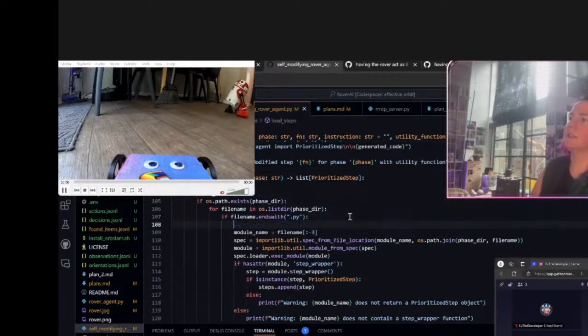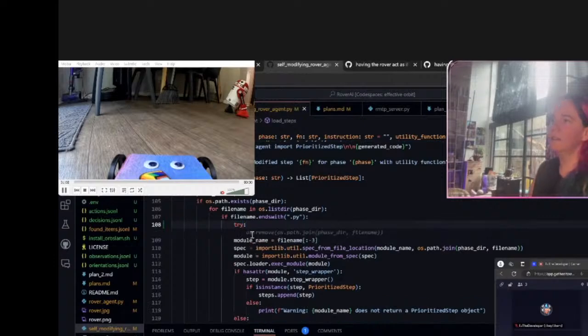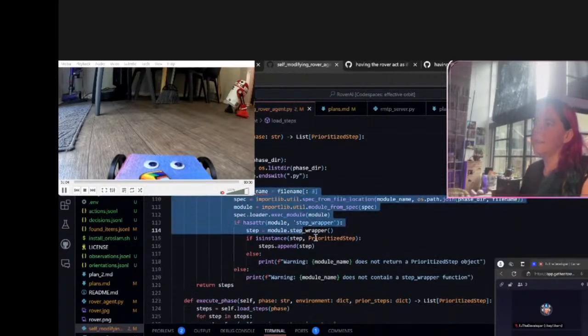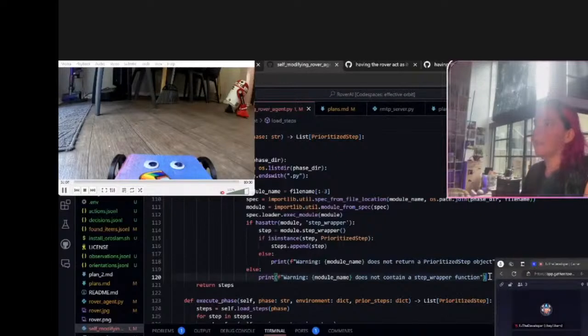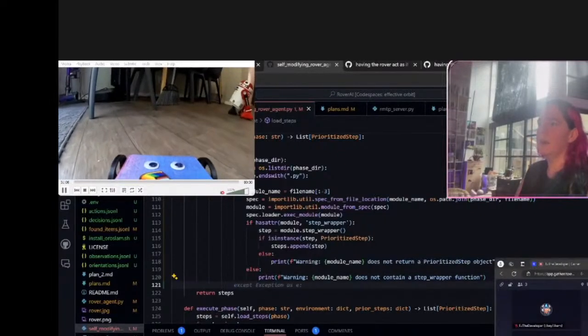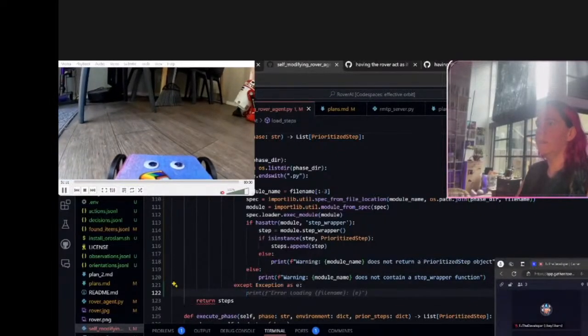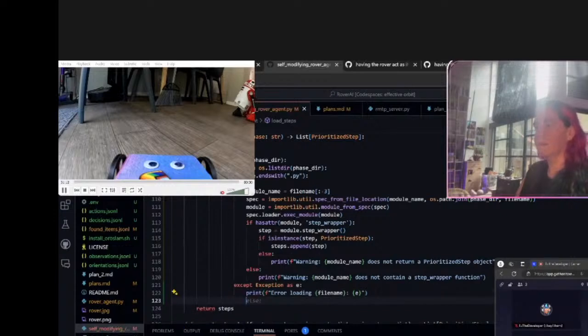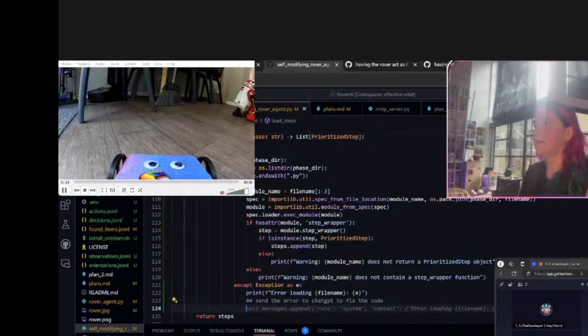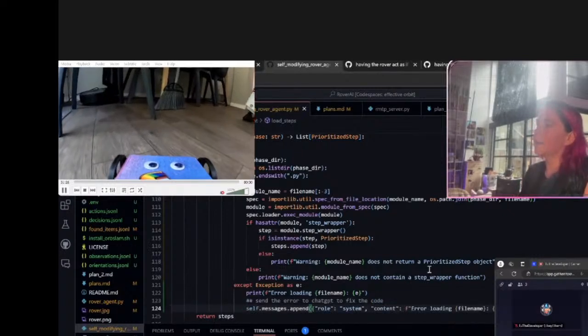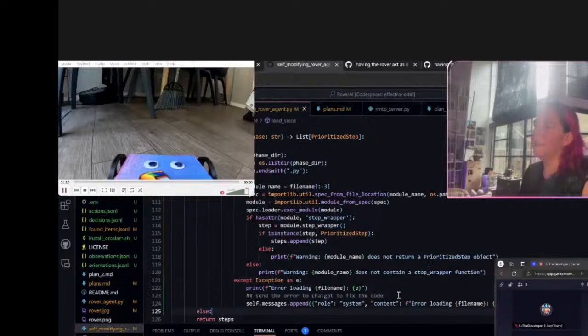If it ends with this, try. And if that doesn't work, error loading file name, send the error to ChatGPT to fix the code. Okay, so then we add that.